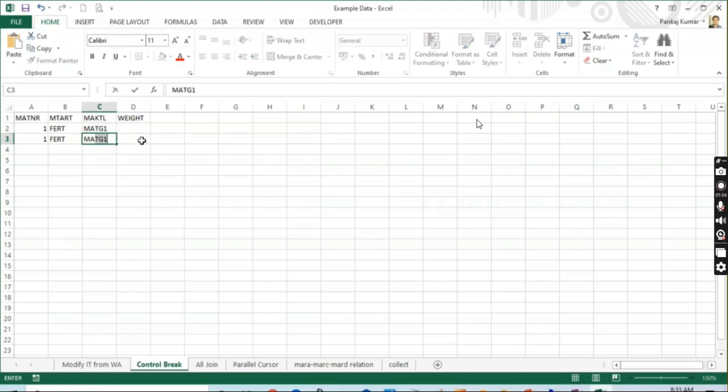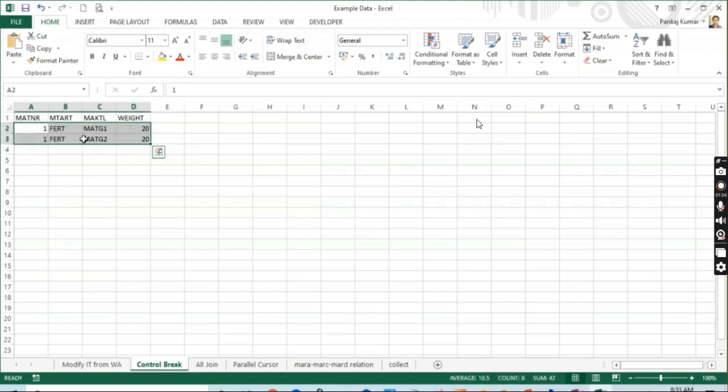So the same material is falling under 2 material groups. This can be possible, right? One material can fall in 2 material groups. So I am taking this example, and weight is going to be the same for both. Okay, so 20, 20. Maybe this example in real time will not be a perfect example, but just to understand,